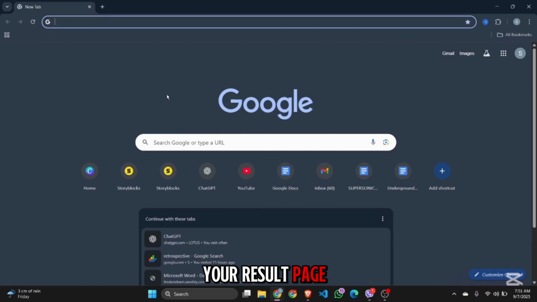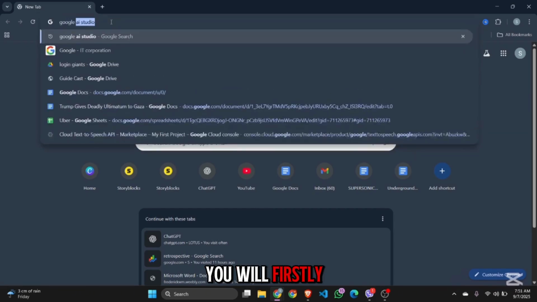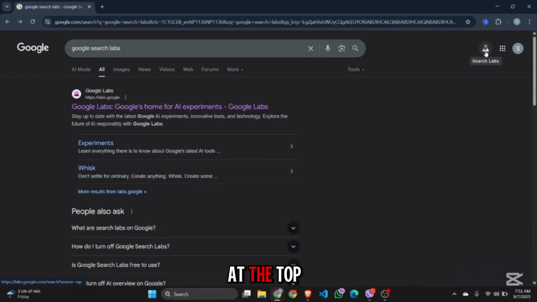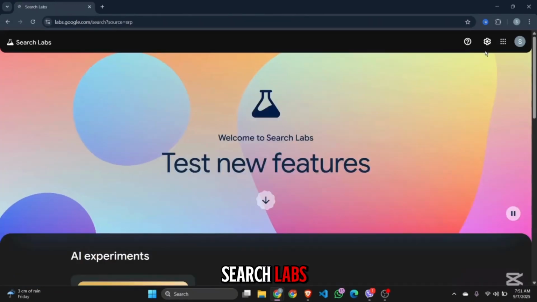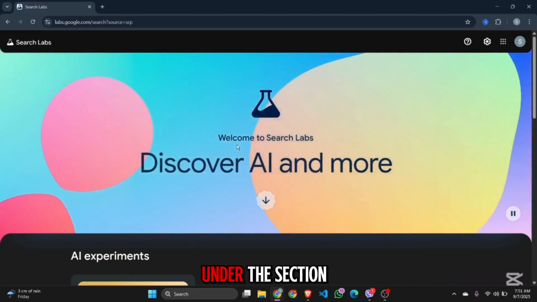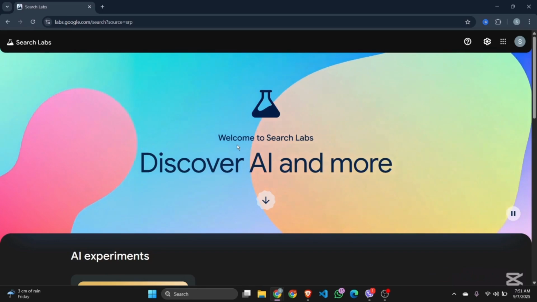of your result page. To enable this, you will firstly need to go to Google Search Labs. Go to the search bar and type in Google Search Labs. At the top right corner, you will see this kind of icon that says Search Labs. Click on that. Now inside your Search Labs, scroll down and under the section AI Experiments, you will see a